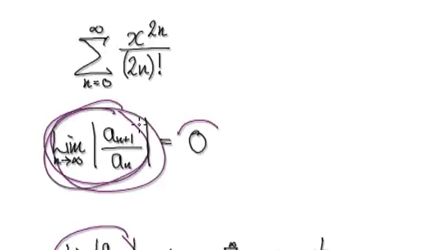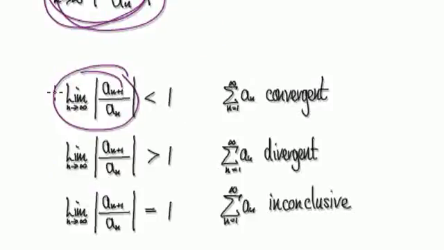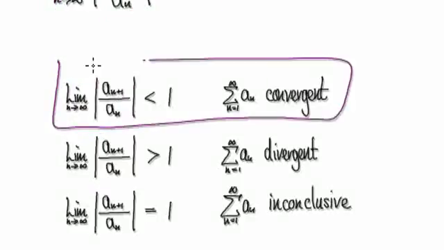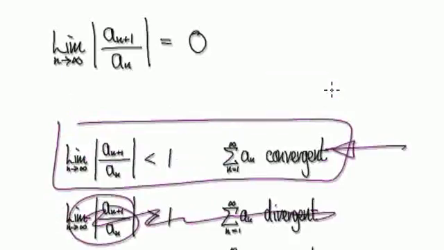In our case, the value of this is 0, and 0 here is less than 1. So we are looking at this scenario here. It can't be this scenario, and it can't be this scenario. It has to be this one here. So what that means is,